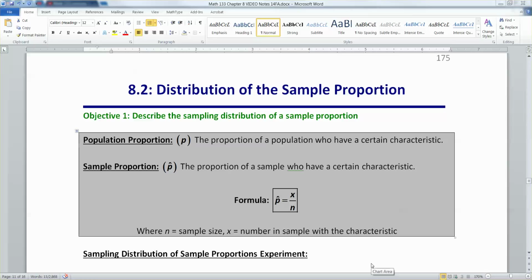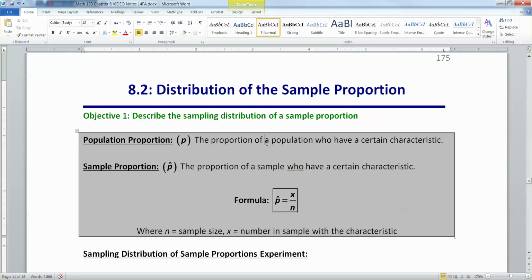Before we can move on to the inferential statistics of chapters 9, 10, 11, and so on, we need to establish the sampling distribution for one other important statistic and parameter combo, and that is for proportions. So imagine that you have a population proportion. For example, the proportion of all the people in the US that are going to give away Halloween candy